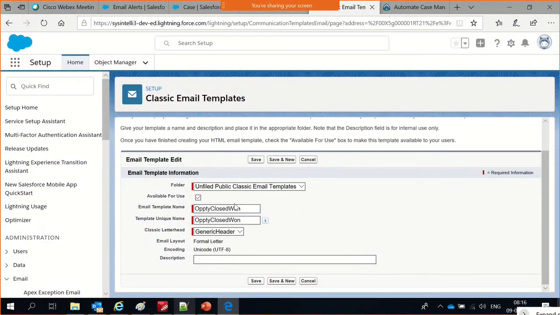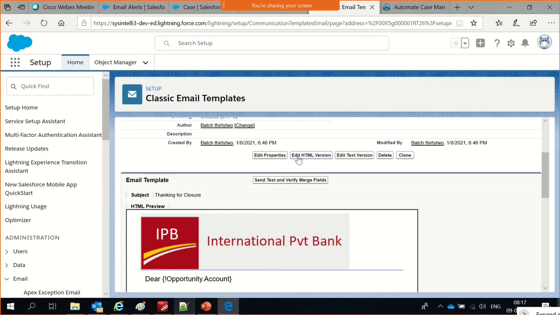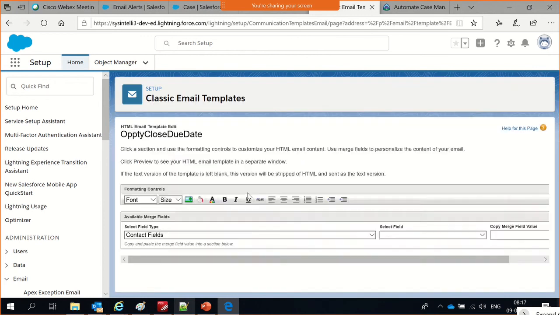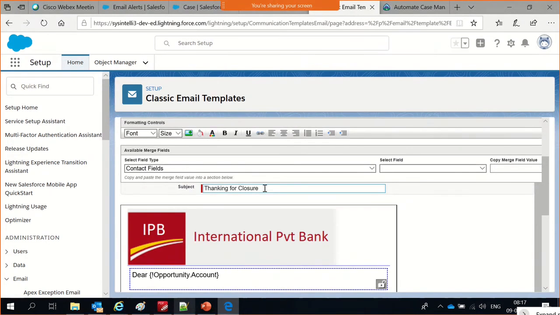opportunity close due date. Save. So what I'm saying here is that where you close it is nearby. So when, don't say thanking for closure,